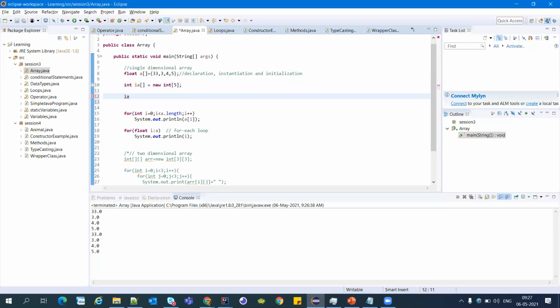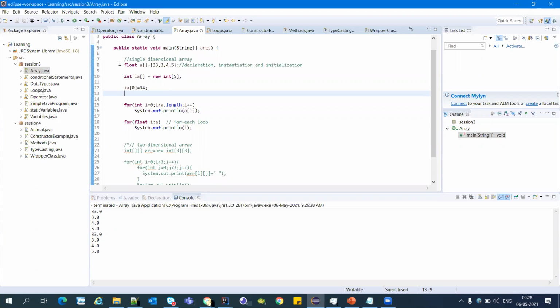We have to give the position at which we want to insert the value. In Java, actually, the index always starts with 0. Just remember this. When we insert, we should start the index from 0, and for reading also it's the same thing, from 0 only, not from 1. The disadvantage of the array is that we can only give a fixed size. Suppose your requirement is to provide a dynamic number of values, we cannot do that using the array. There are different data types that we will cover in an upcoming session.